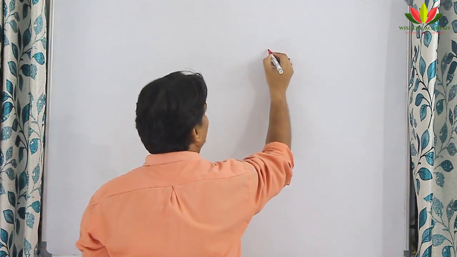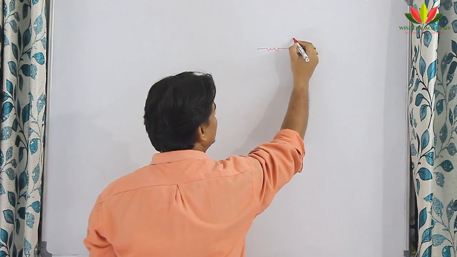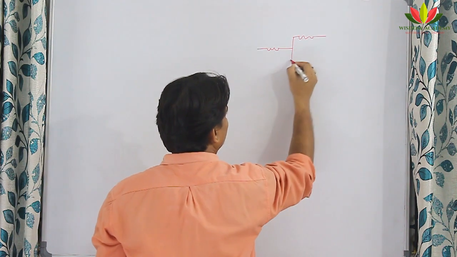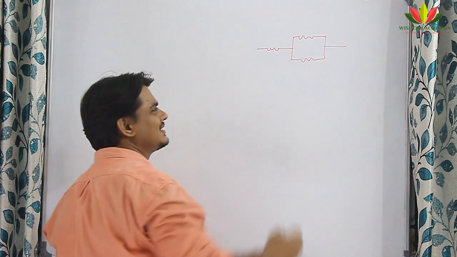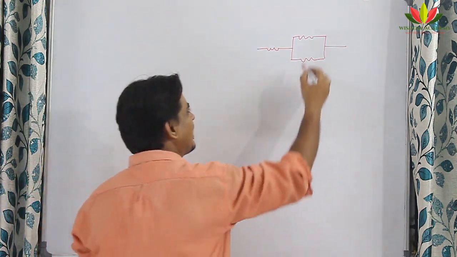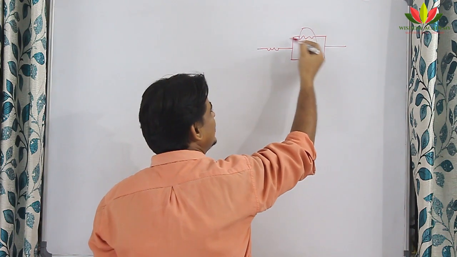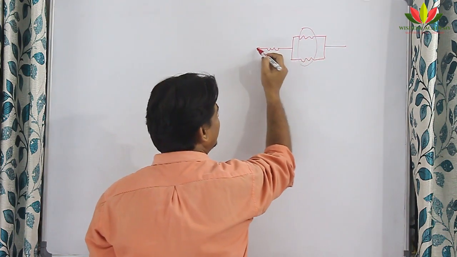Now when we have learnt how to find the resistance in series and parallel, let us see a combination of both series and parallel. Suppose you have a circuit in which you have one resistance here, one resistance here, and one resistance here, and they ask you to find the net resistance. It's very simple. The parallel ones you solve separately, then these two come in series and you will get the answer.